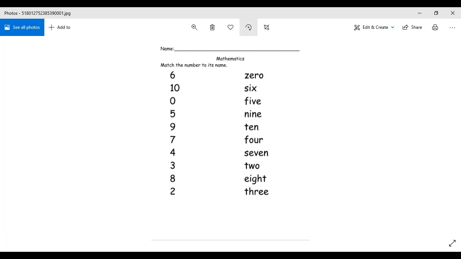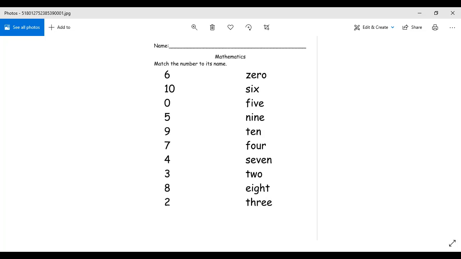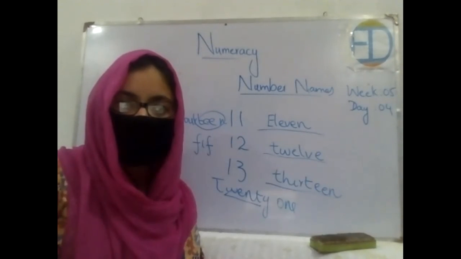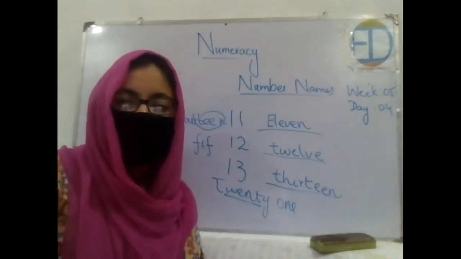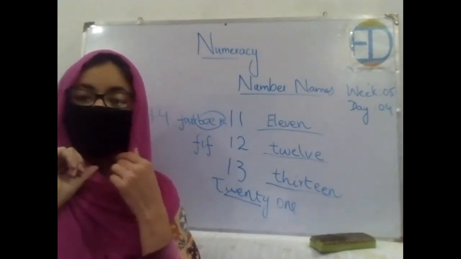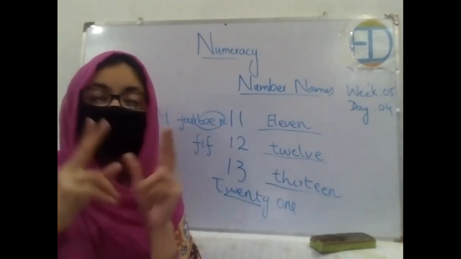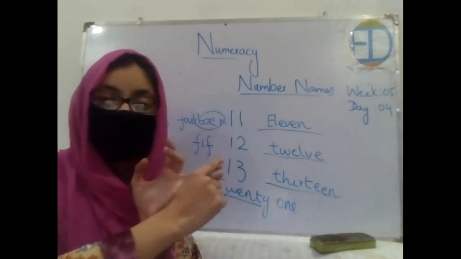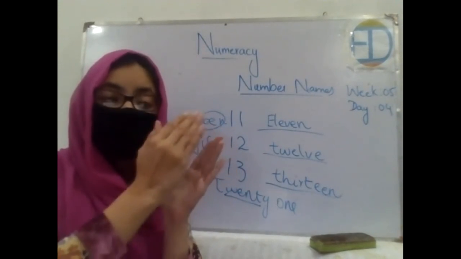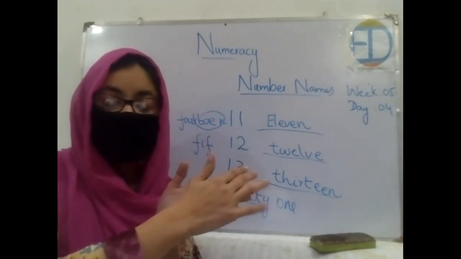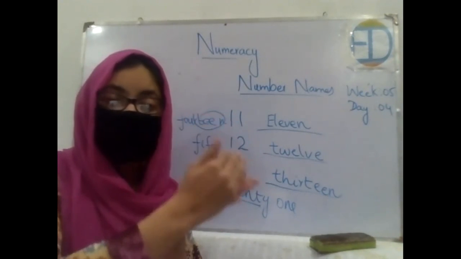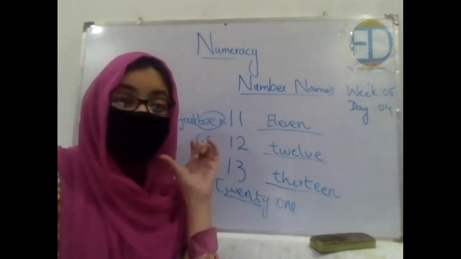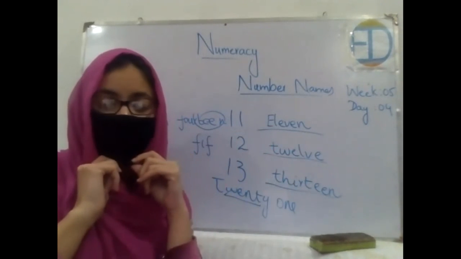Okay, class. So what we have learned in today's class is that we have talked about the names of the numbers, and we have discussed that the numbers can be written in two forms. The one is in the form of digits, and the second one is in the form of words, right? And the word form is basically the name of that digit, and then there is some special value attached to it as well that we need to memorize.